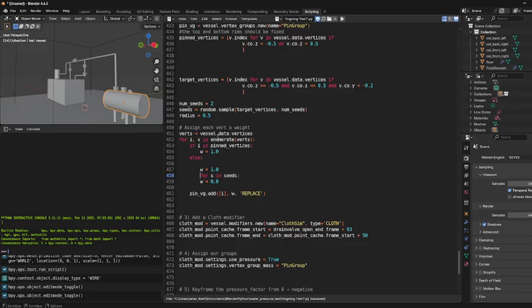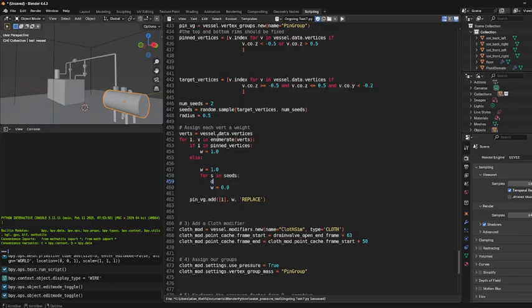And this 0.0 is still going to be in here. d is equal to v the coordinates minus verts s the coordinates dot length,